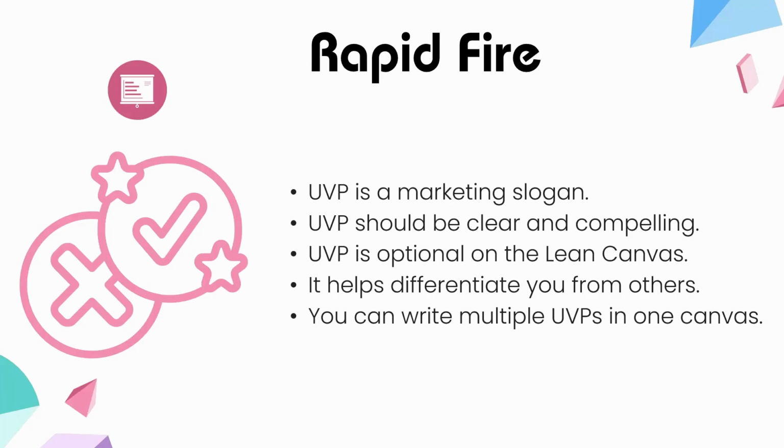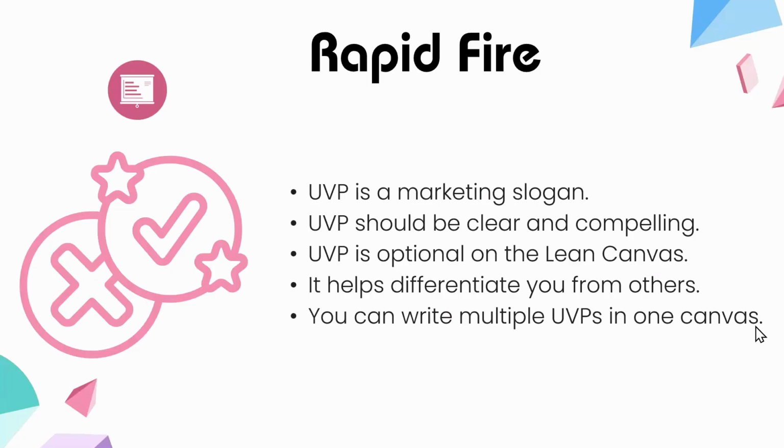You can write multiple UVPs in one canvas. True or false? No. Just concentrate on one single thing. One UVP with different benefits, yes, but do not concentrate on too many UVPs. You cannot have too much jargon going around saying this is also there, this is the world's first, the best, the cheapest. That cannot be. Concentrate on a very crucial niche UVP and target the best customer segment who can pay you.